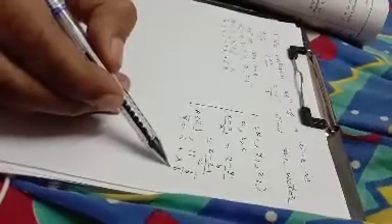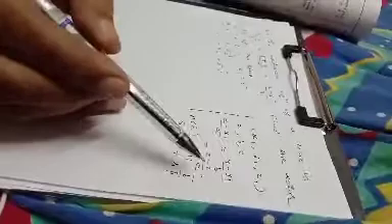Similarly, we want a vector parallel to the line. Now if we compare given equation of line with general equation of line in Cartesian form, numbers in denominator, they are direction ratios. a equal to 2, b equal to 7, c equal to 3. These are the direction ratios. Direction ratios for a line are infinite and they are proportional.